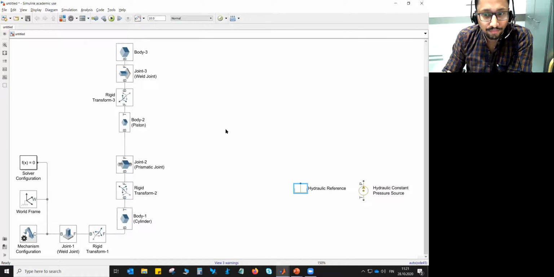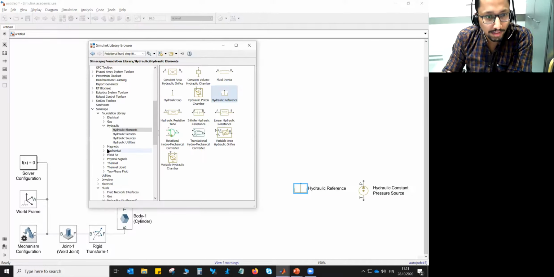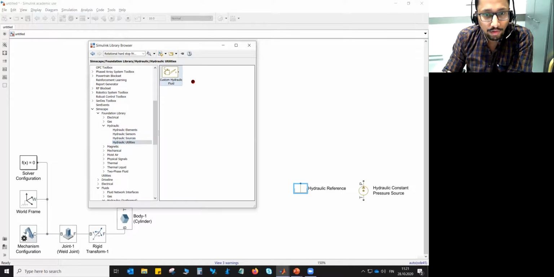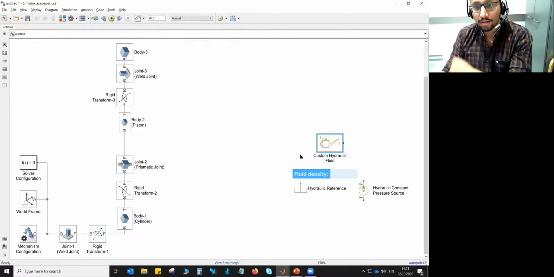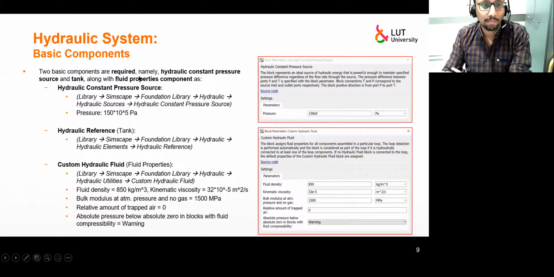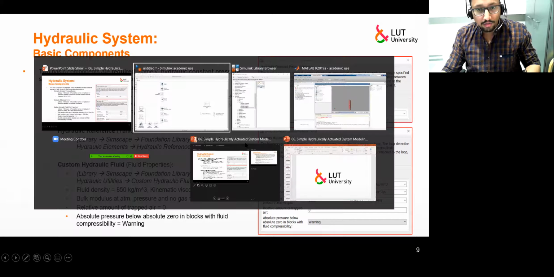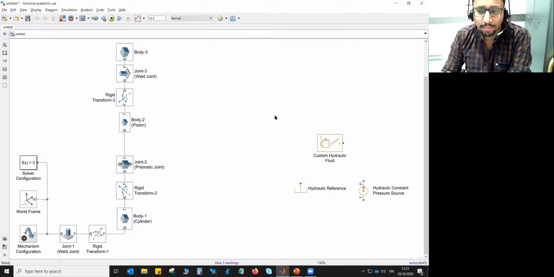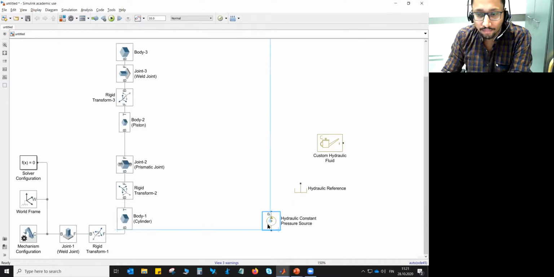Hydraulic reference. Once you have these components, we need to define fluid properties as well. So if you go to hydraulic utilities, custom hydraulic fluid. If you see my presentation, the detailed path are shown here. So that's fine. You can follow the presentation, pause the video and follow accordingly. But let me define some properties for the hydraulic constant pressure source.